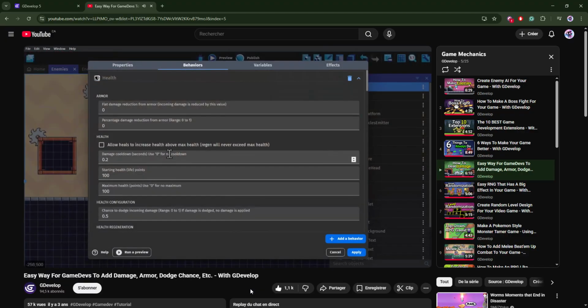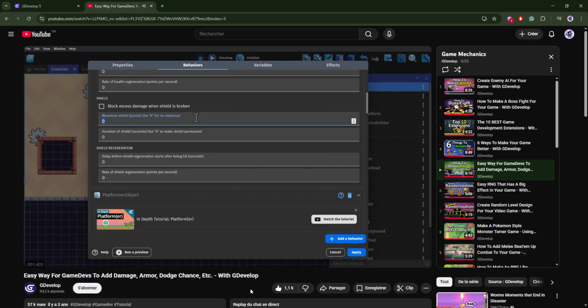Now before I go to the next thing, I'm going to turn off dodge, and then go down to shield. I'm going to set the maximum to 20, and if I set a duration, then it will last to that point, and then go back to 0. But then I can add a shield regeneration, with a delay and a rate, just like before. Now if I start the game,